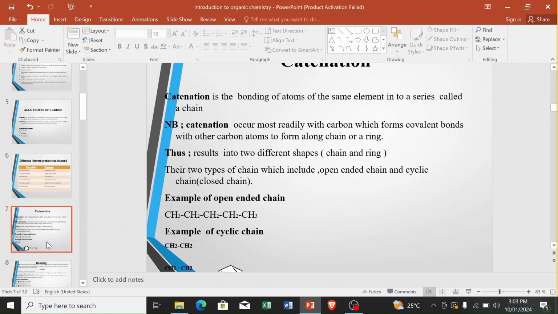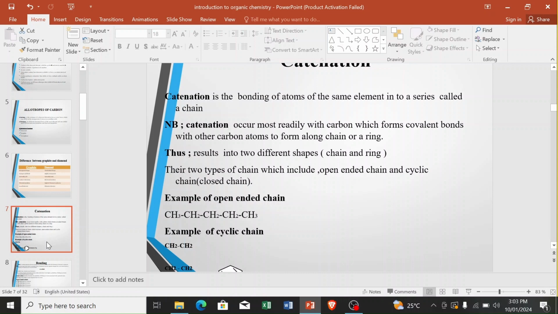Catenation occurs most readily with carbon, which forms covalent bonds with other carbon atoms to form a long chain or a ring. So we find that carbon is unique in that it can form a